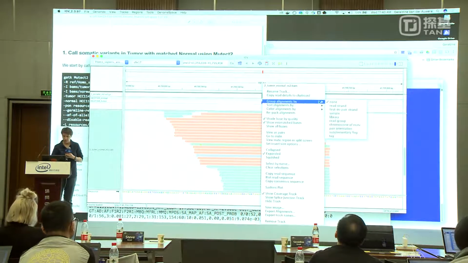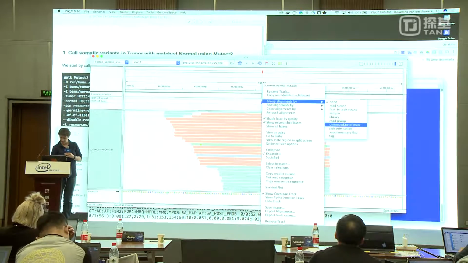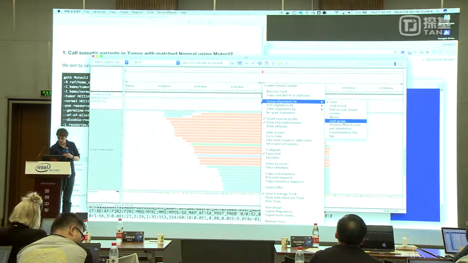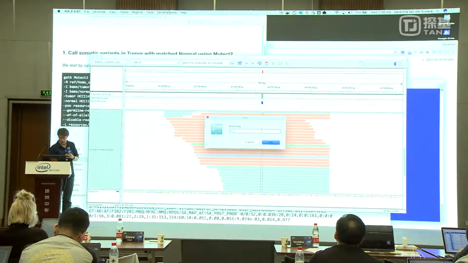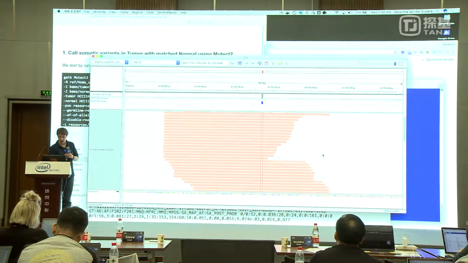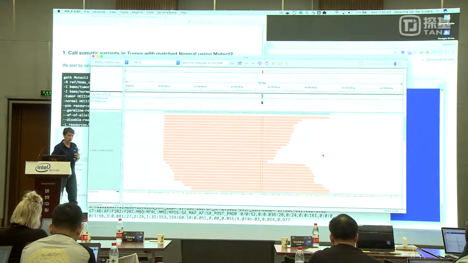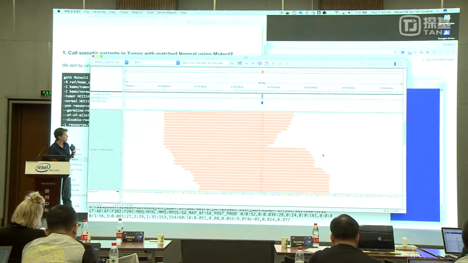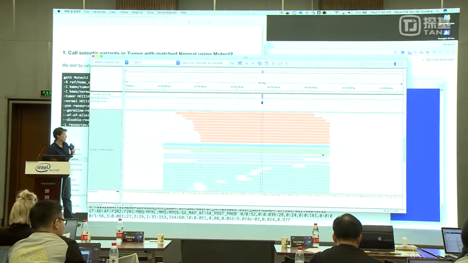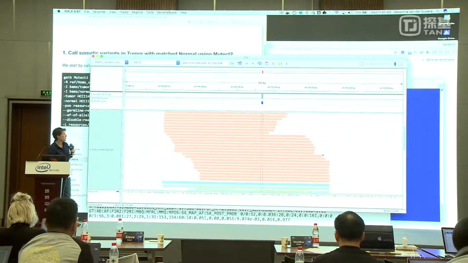And here I'm going to group by allele. This allows me to sort. Now I'm sorting the reads by tag in the same way that I'm coloring them, which makes it easier to